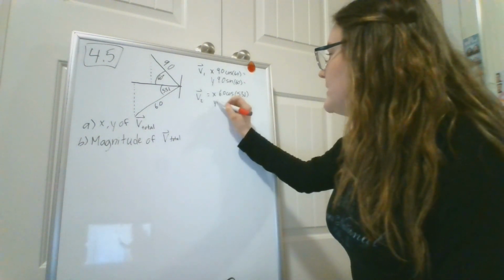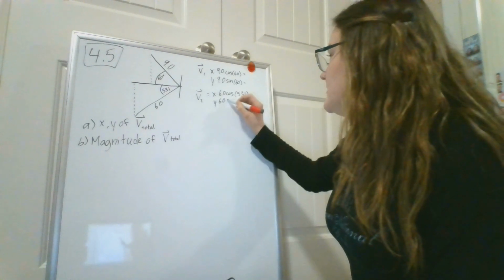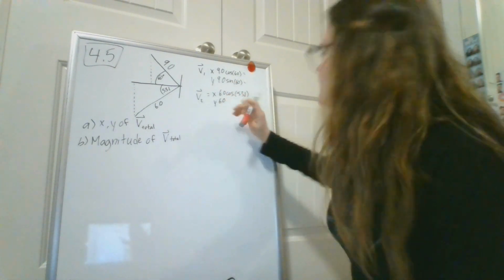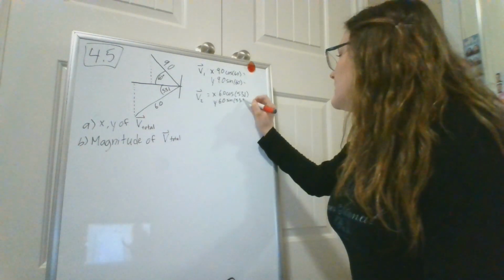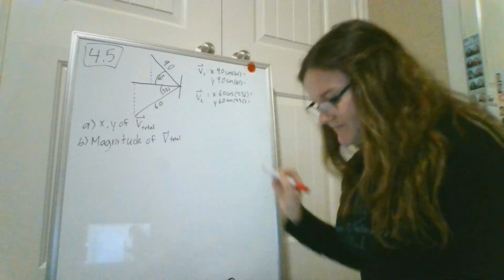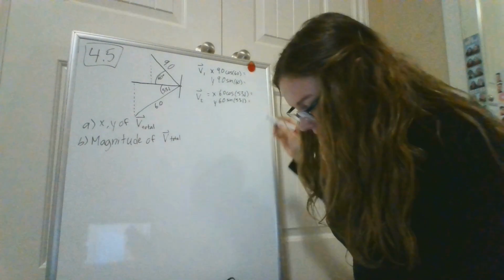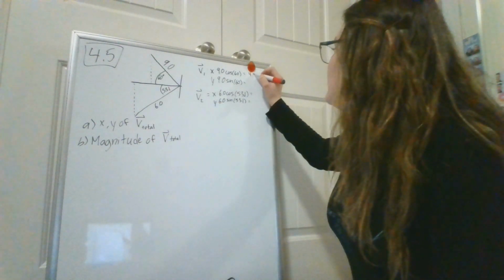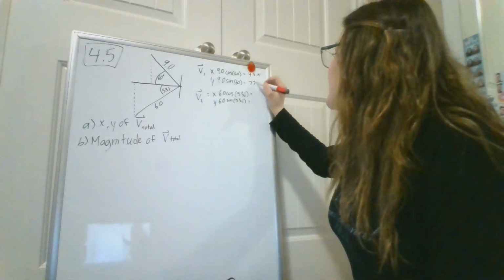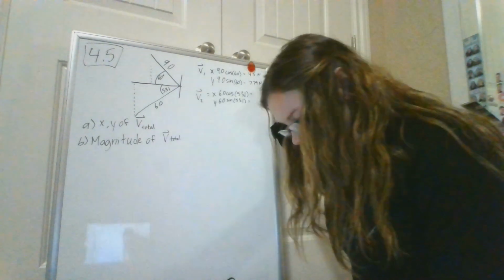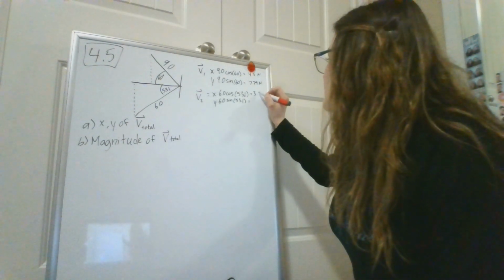And then same thing for y: hypotenuse times the sine of our angle. Okay, and then those numbers give us 4.5 newtons, 7.79, 3.60,